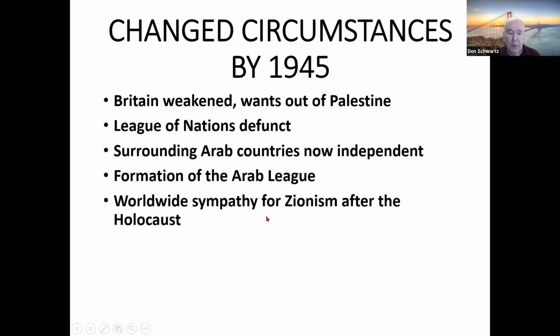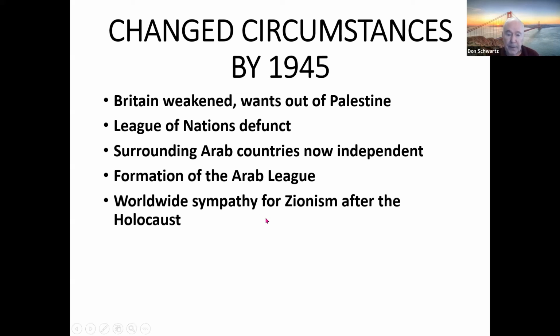Also, by 1945, there was worldwide sympathy for the creation of a Jewish state after the Holocaust. Many people came to the conclusion that there would not have been a Holocaust if there was a national home for Jews as a port of refuge from